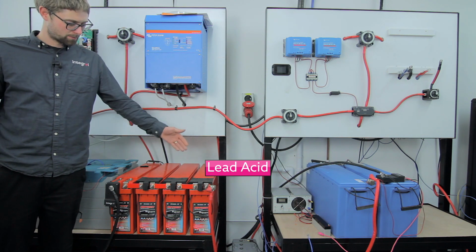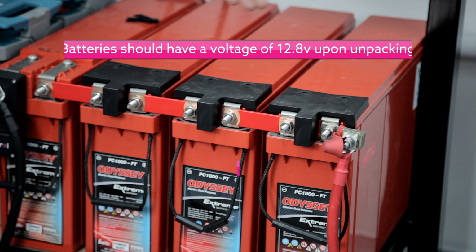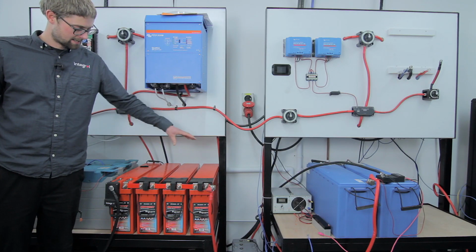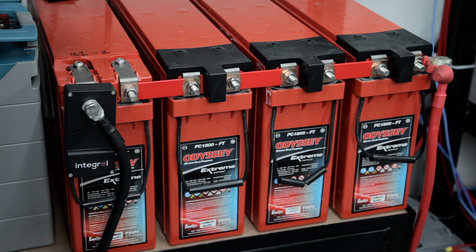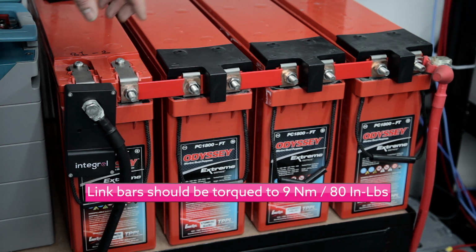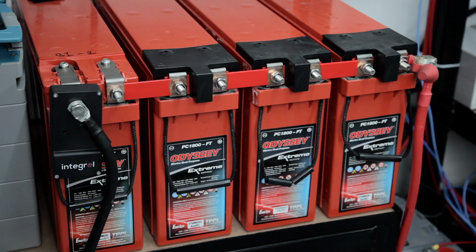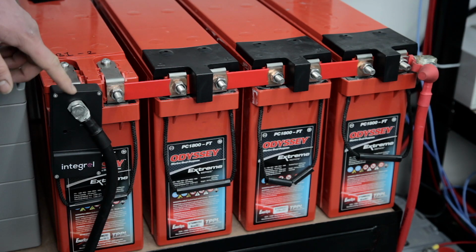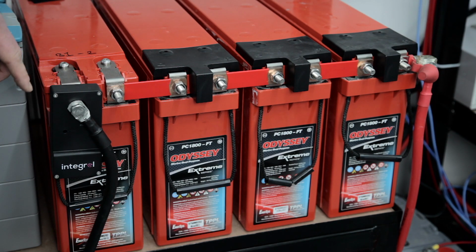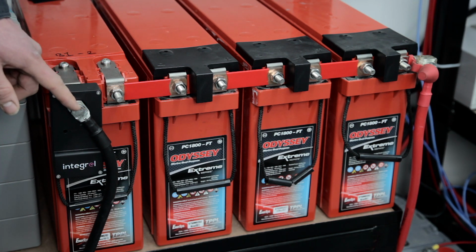So we've got 4 12 volt lead acid batteries here. Overall there's 48 volts required for the system. They're set up nicely next to each other. This allows us to put the link bars in here. So the distance between the batteries will be dictated by the link bars that we supply with the kit. We fit the battery sensor on the negative end of the batteries. We also supply a little post that it sits on and allows the current to be measured